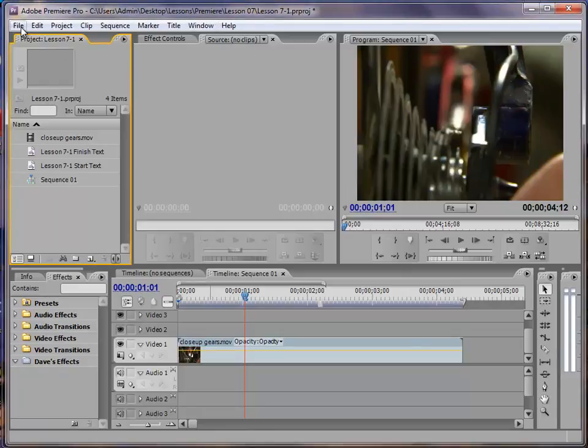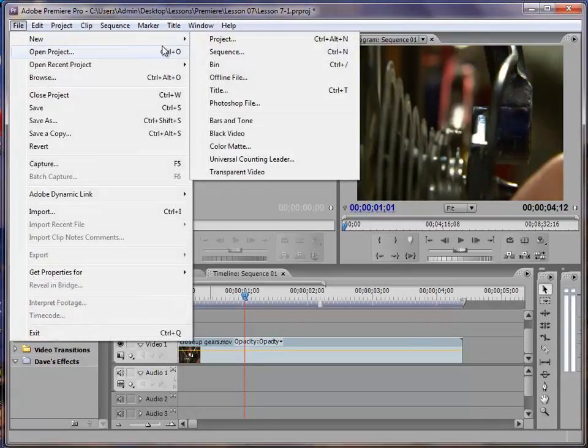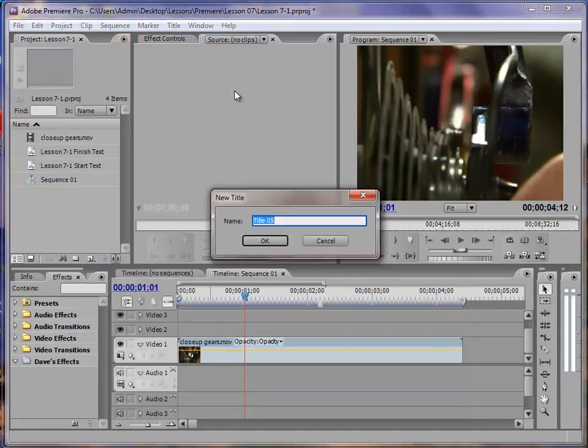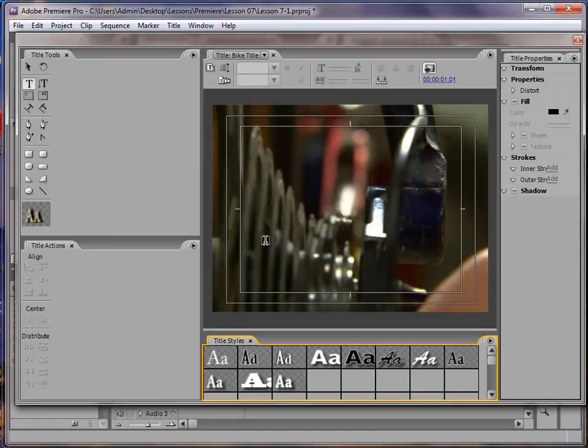I've got lesson 7.1 up. I'm going to go to File. I'm going to go to New, and I'm just going to click New Title. It says, okay, what do you want to name this title? We are going to call this title Bike Title, which is appropriate, I guess. So I type in Bike Title, and I click OK. Immediately, the title editor comes up,